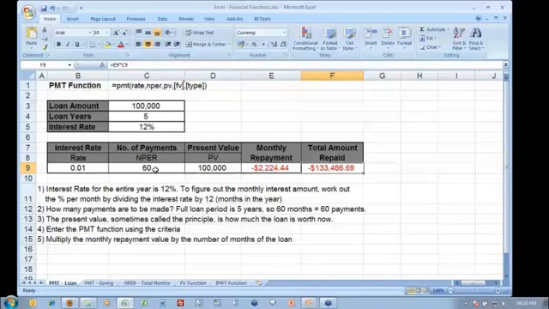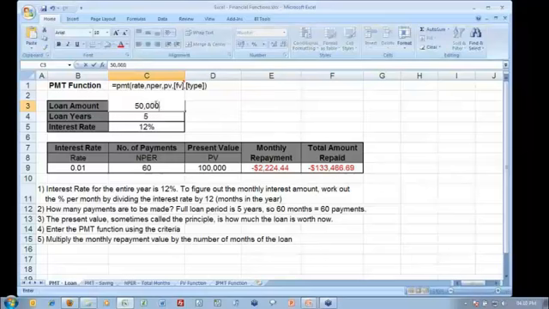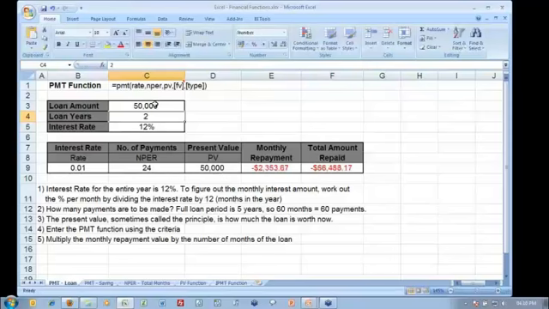Now, let's take into account that I might want to try and go for a smaller loan. I don't think I can afford $2,250 a month right now. Let's go for maybe a loan of $50,000. But I'd like to get that done in 2 years. So by simply changing the values in cells C3 and C4, so I've changed the loan amount to be $50,000, but I want to pay that off over the course of 2 years, I see my monthly repayment goes a little bit up. But my total amount repaid is $56,000, so I'm only paying $6,500 in interest